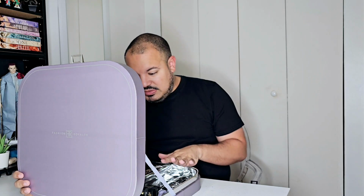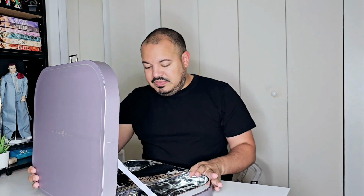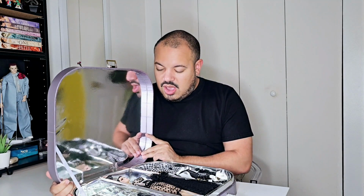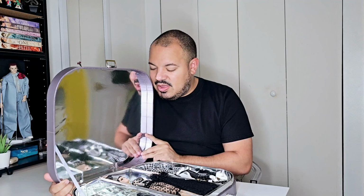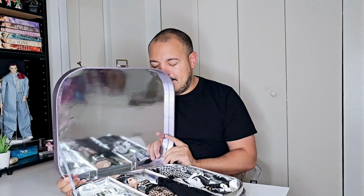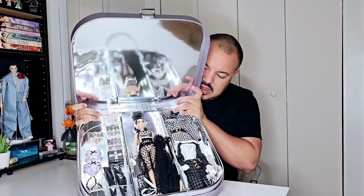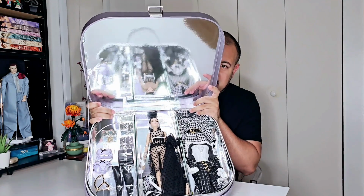This layout is just... I'm gonna try my best to show you what the layout looks like. It's gonna be a little hard, but I just got a glimpse of her face again with the lighting. Okay, if I tilt it this way, does that create a good...